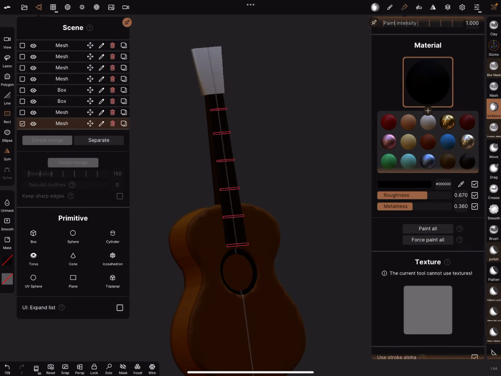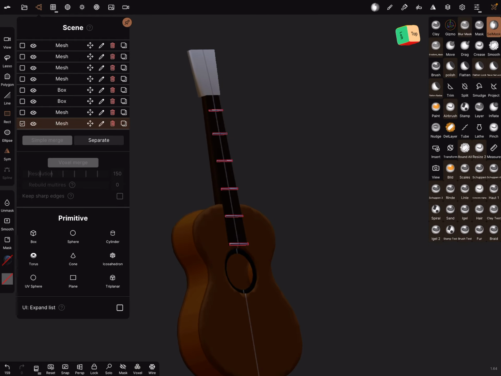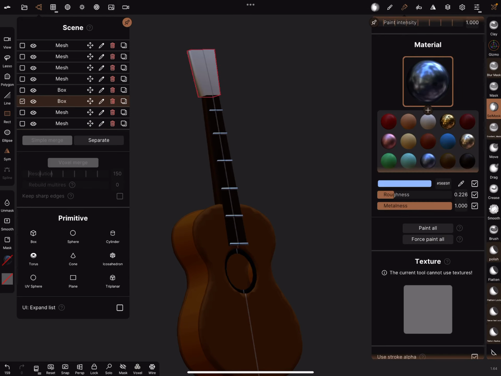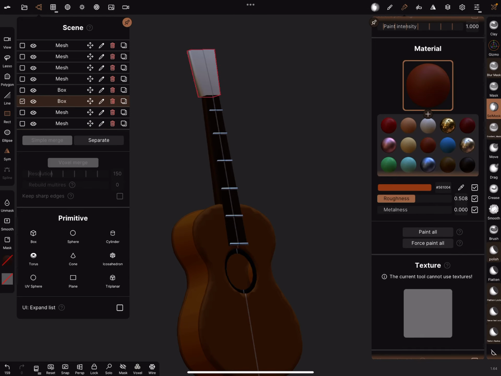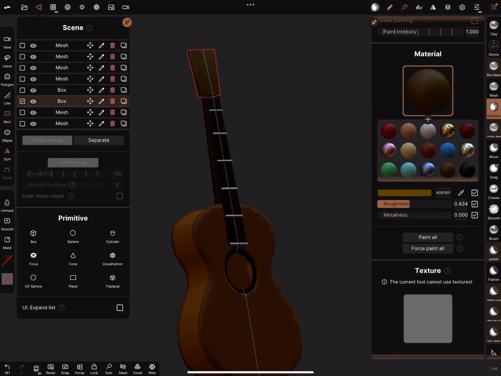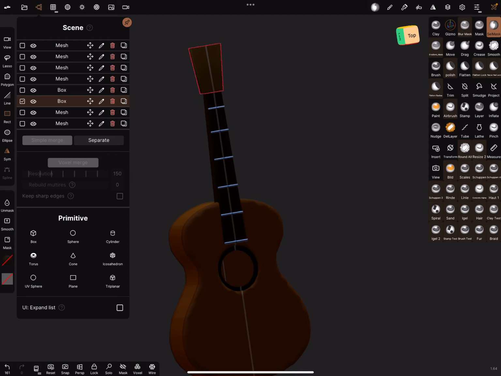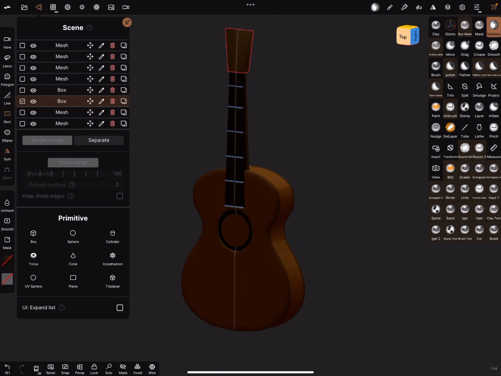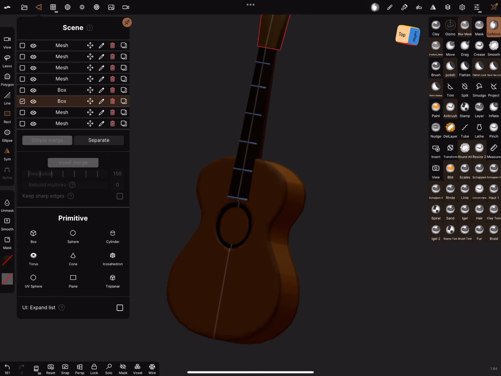I think we can paint it, yes, silver. Okay, fine. Give it color. Like this. Okay.